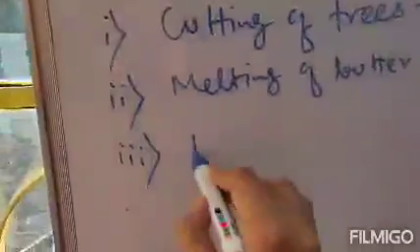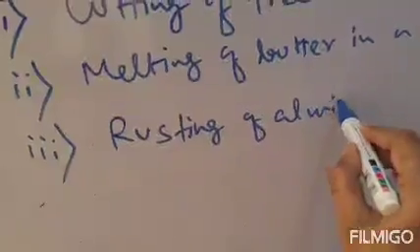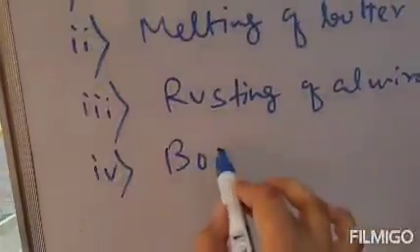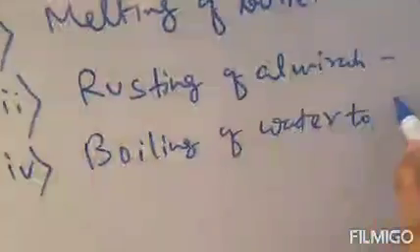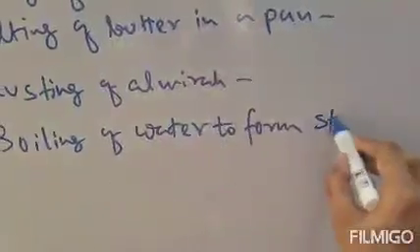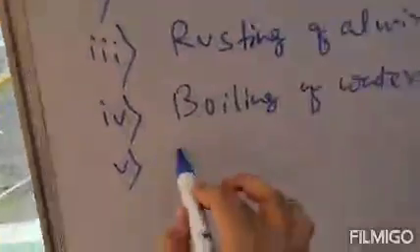Number 3 given: rusting of almirah. Number 4 given as boiling of water to form steam. Number 5, passing of electric current